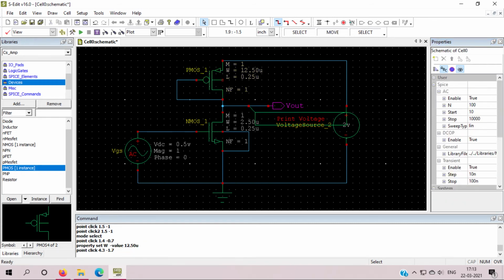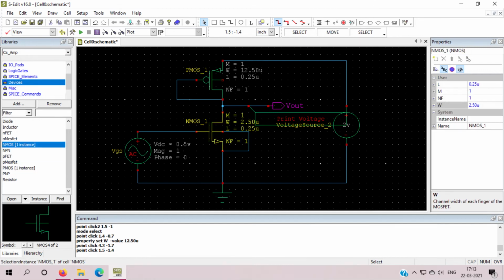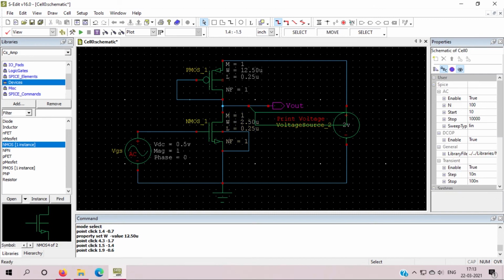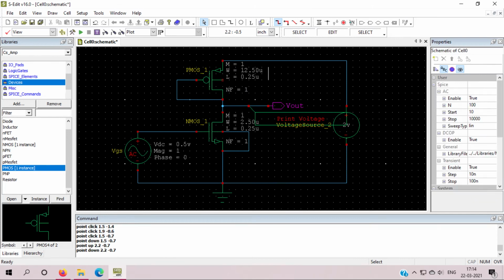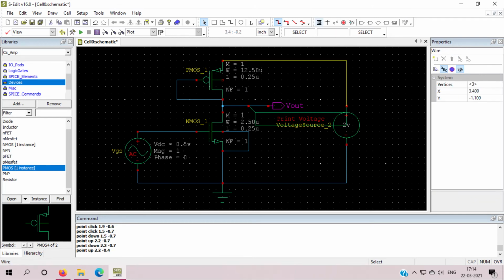I have to increase the width, because this NMOS ratio will be the same, it is 10, and this ratio will be 50. Okay. And everything else, we have to connect the body. Sorry, the body will be connected to VDD.